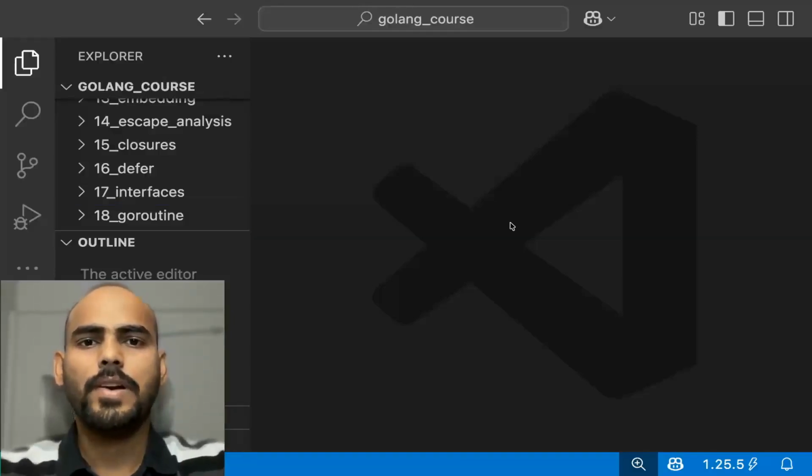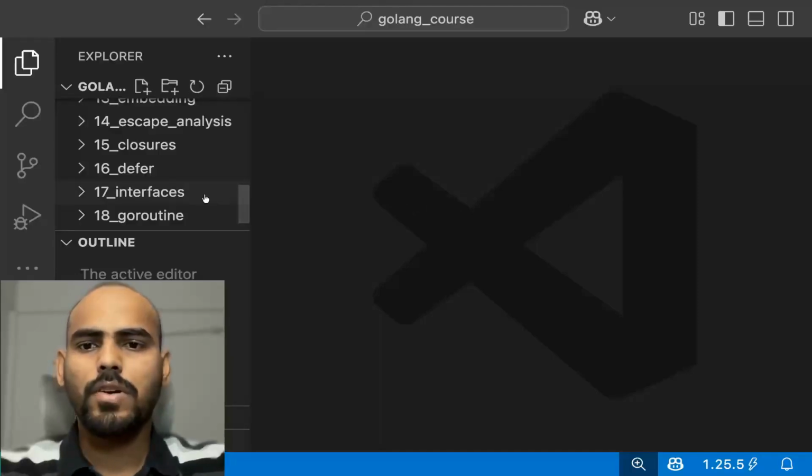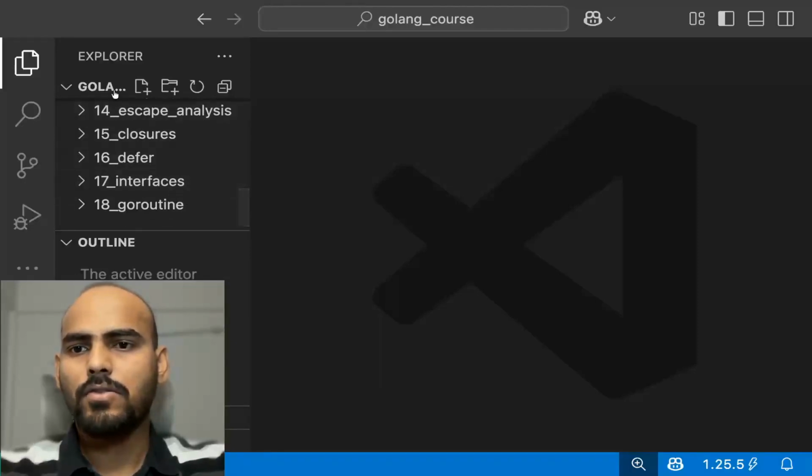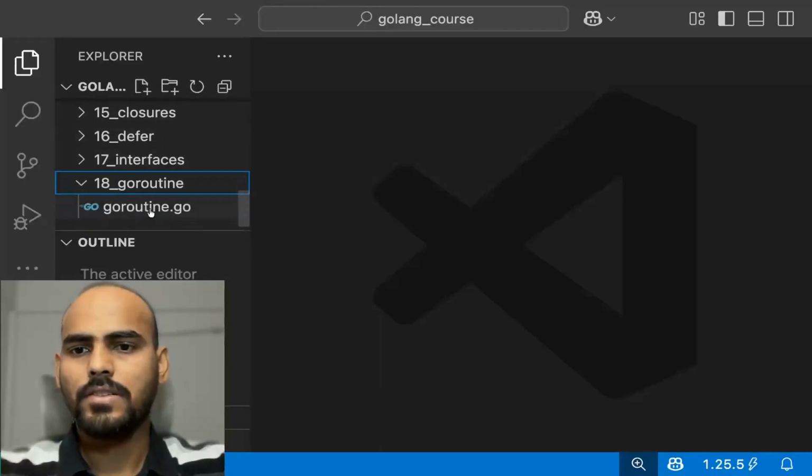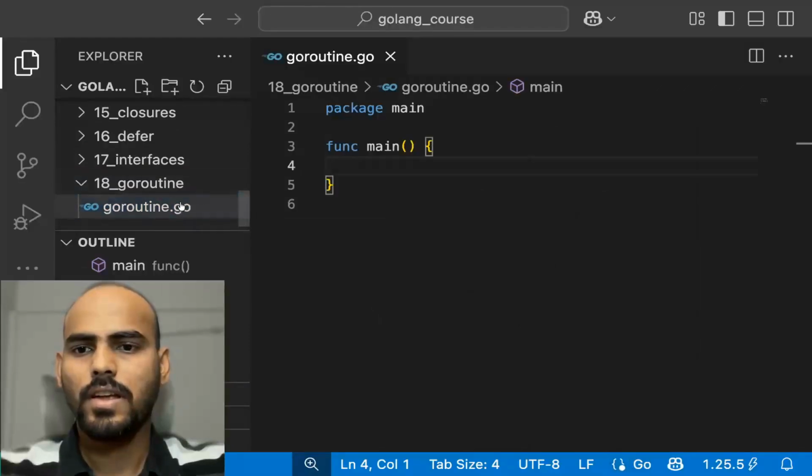In this video, we will discuss Goroutine, which is one of the reasons why Golang is so popular. So let us build towards Goroutine step by step. This is the Golang course folder, and I have already created the folder 18_Goroutine, and inside that